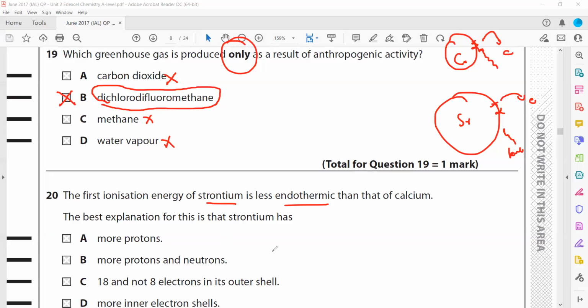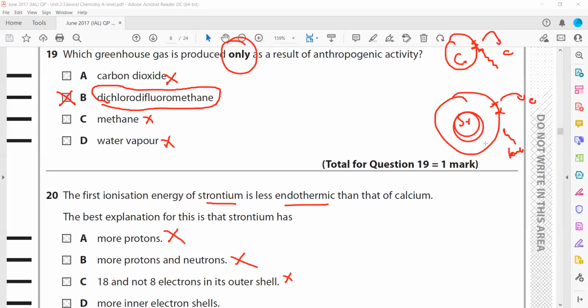The best explanation: more protons. Strontium has more protons, so a strong attraction should be there. But the attraction is weaker, so that is not the answer. More protons and neutrons, that's not the answer. It has 18, not 8 electrons in the outer shell. That is totally wrong. There are more inner shells because strontium will have more electron shells,